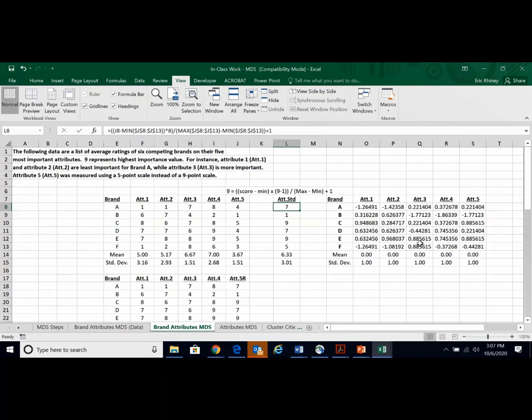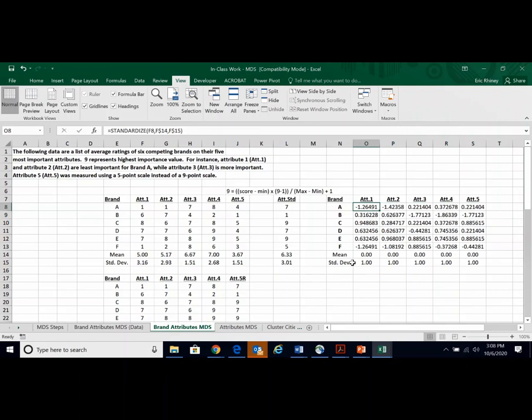Now, the other approach we could take is we could actually standardize using the z-score all of our values over here. And if we look at this formula, all I did is use the standardize formula, which is equal standardize. And then it asks for our various measures. So the first one it asks for is what is the score? And that's this value. And then it asks for the mean. And then it asks for the standard deviation. So that's what I'm pulling in here. And then I've just copied this formula across and down. And so now we have a standardized